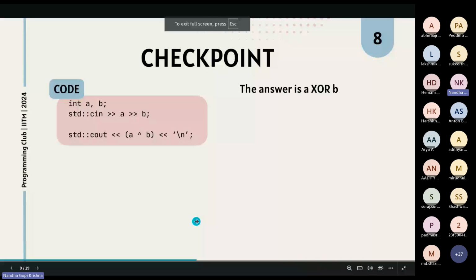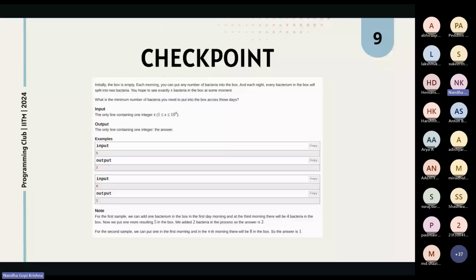Initially, you have a box. Initially, it is empty. Each morning, you put some number of bacteria in the box, and each night, every bacteria in the box will split into two. You want to see exactly X bacteria in the box at some particular moment. So, what is the minimum number of bacteria you need to put in the box across those days? So, to give an explanation,